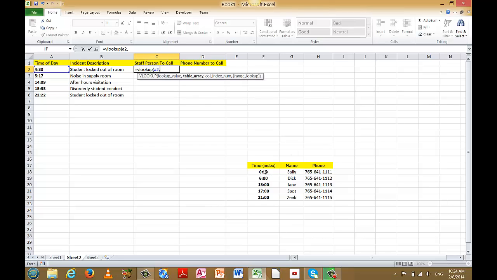In the second argument, I want to use the data that's in the lookup table, and I could type that in, or I could just simply highlight as I'm accessing the second argument in the function. If I go off and highlight the cells that I want to use, it automatically fills that in for me. Now I need to change that to an absolute address, but I can come back and make an editing change here in a moment. Okay, so I'm going to hit the comma, and it automatically enters in that second argument value for me. And where I'm applying the lookup table data to column C, I want to return the staff person, which would be, starting at the leftmost column in the lookup table, a displacement of 1, 2. So I'm going to put in a value of 2 and close it off, and there's my lookup function, and it's returning Sally, and Sally would be the staff person that I need to contact at 4:30 in the morning,